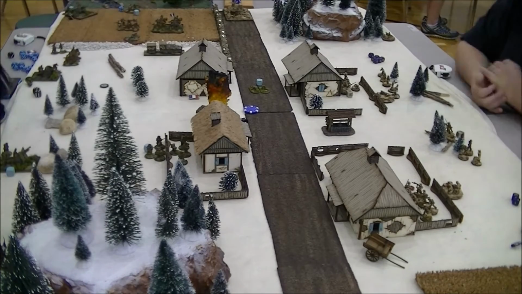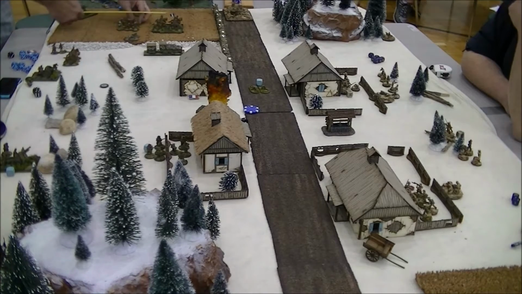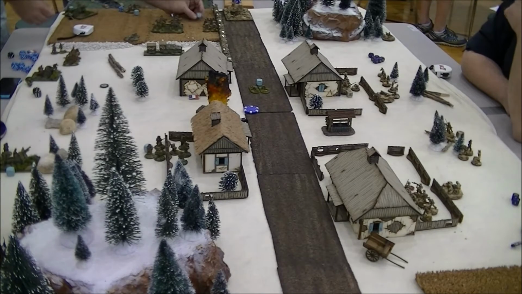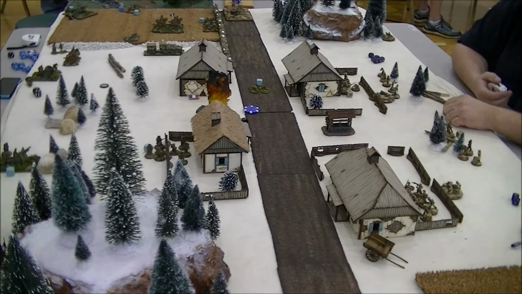Here, infantry squad, I'm just inexperienced. Everyone's moving away from that artillery token as much as I can. Running an inexperienced squad up to this wall. So